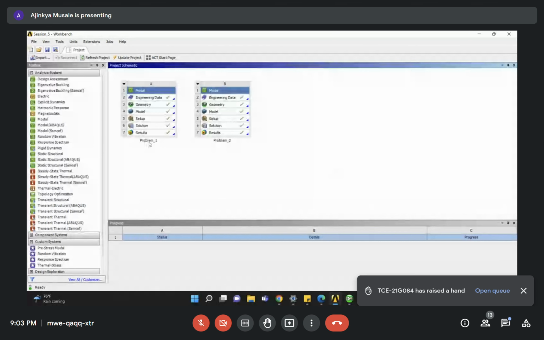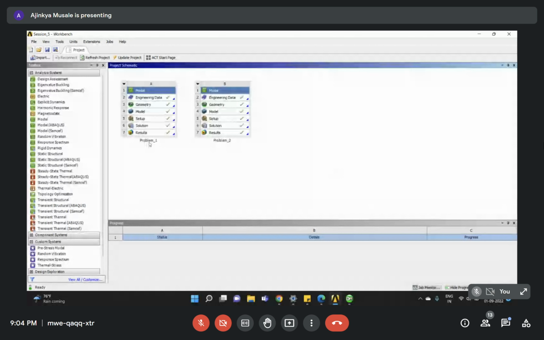It generates backend files in my local drive. So at the time, if you are saving it and maybe opening it after some days,